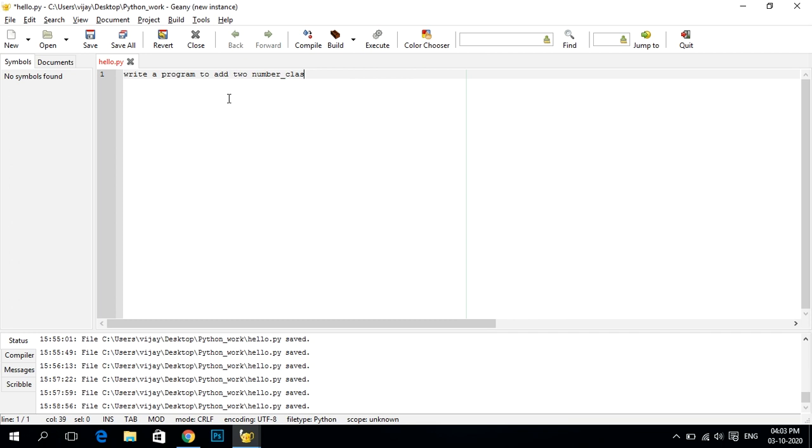So how will you do it? You have to first make a variable x and make a variable y and print x plus y. Okay, so this will give the addition. Like that, you have to do subtraction, multiplication and division. These are all the options. You have to do it yourself. And if you are getting any problem, you can contact me in the comments.